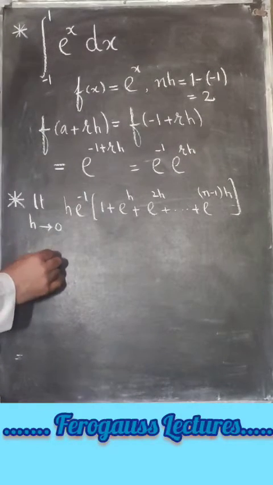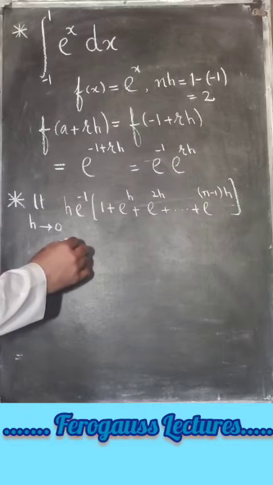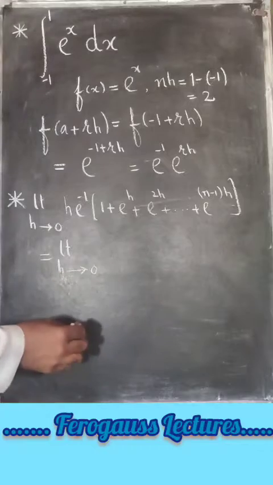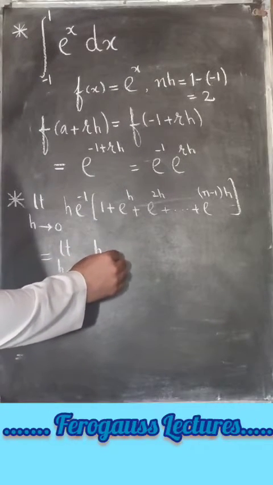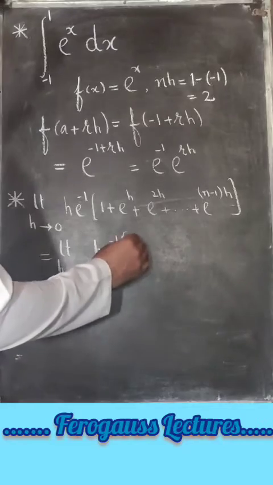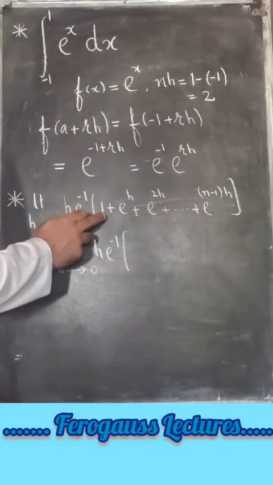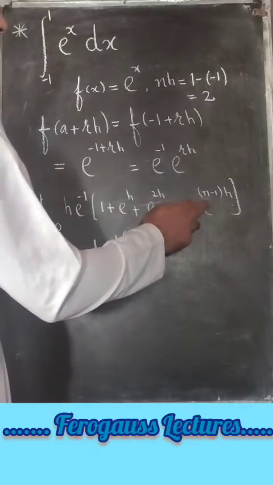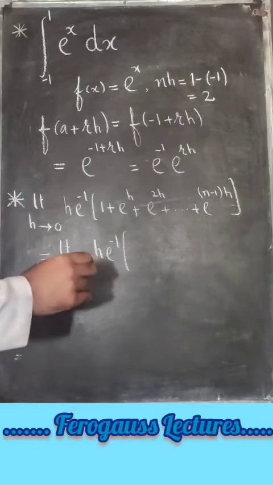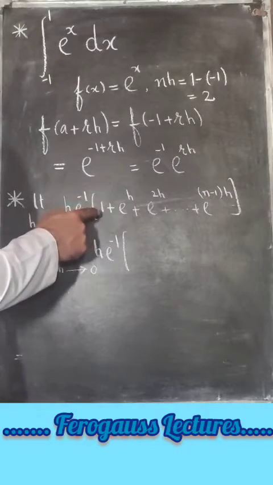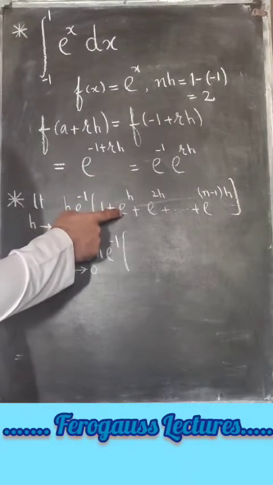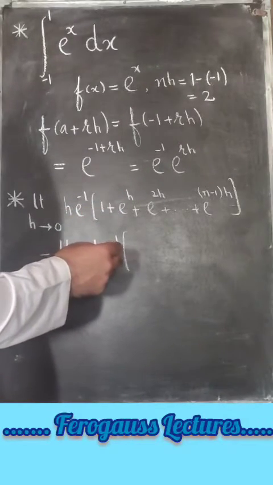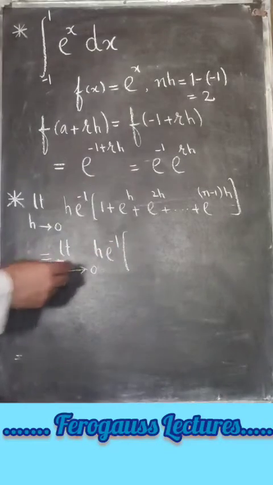Now, this is further equal to limit h tends to 0, h times e raised power minus 1. Now look here, we have 1 plus e raised power h plus e raised power 2h plus so on plus e raised power n minus 1 h. This forms a geometric progression with first term equal to 1 and common ratio equal to e raised power h. We know that the sum of n terms of a geometric progression is equal to first term,